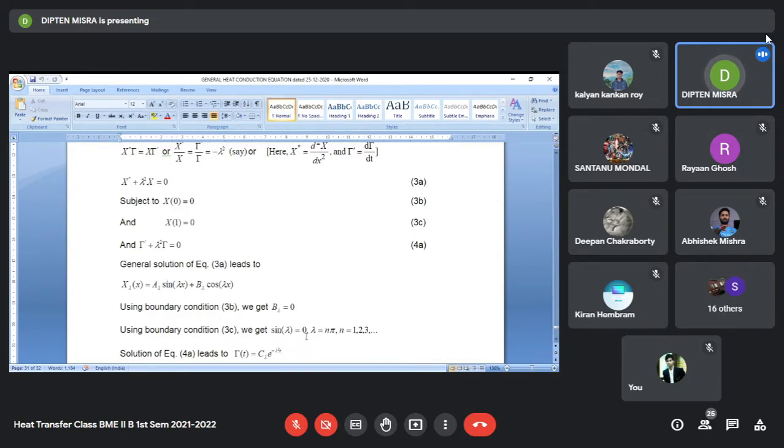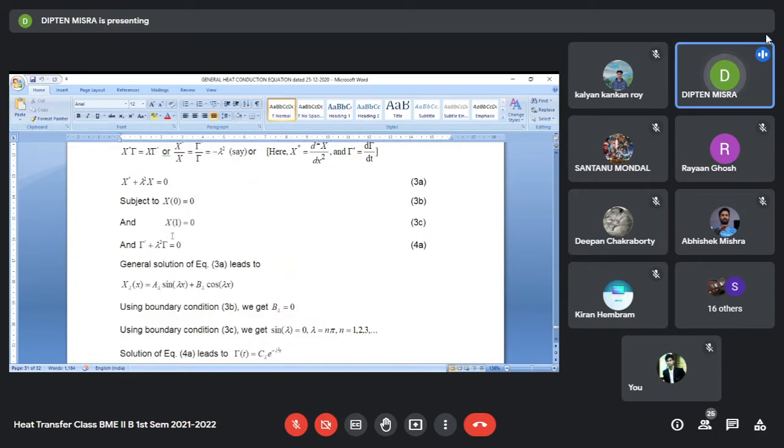So that is why, for specific values of λ only, this solution will exist. That is why it is called an eigen solution, meaning they are characteristic values, typical values of λ at which it is satisfied. So what we have found out by this time is that B_λ is equal to 0 and λ equal to n times π, where n can assume positive integer values like 1, 2, 3 up to infinity. And so far we have not been able to find out the value of A_λ.